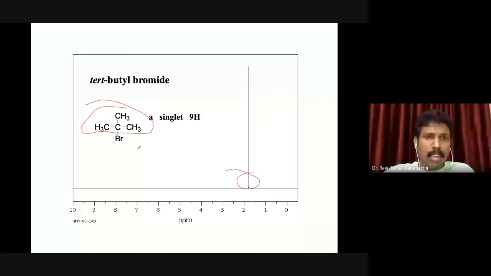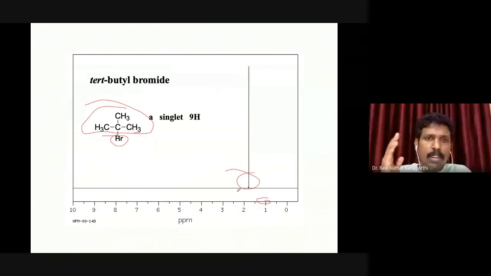Okay, and typically the methyl proton will be seen at 1, as I told you, but again it is connected here. Methyl is connected to a carbon, and then the central carbon, and then this is connected to a bromide, which is an electronegative atom, right? Because of that it will be downshielded. So these are some of the things that you have to remember.